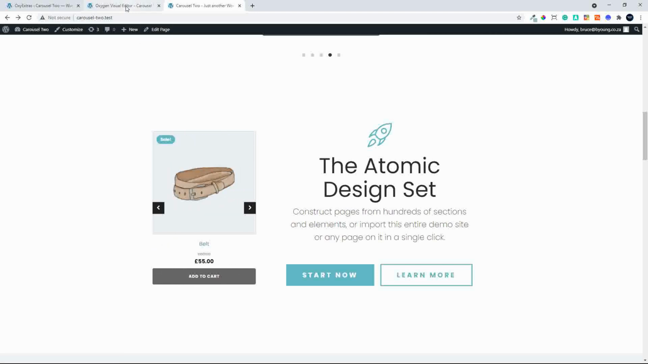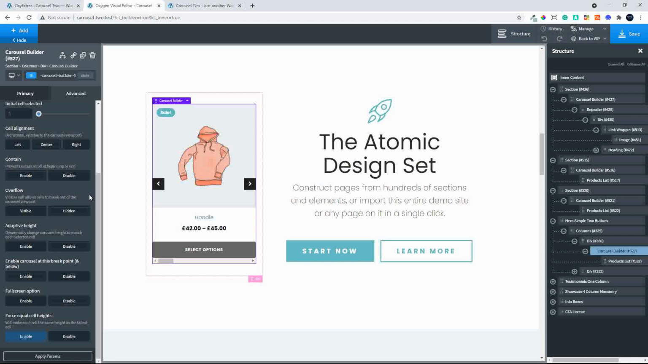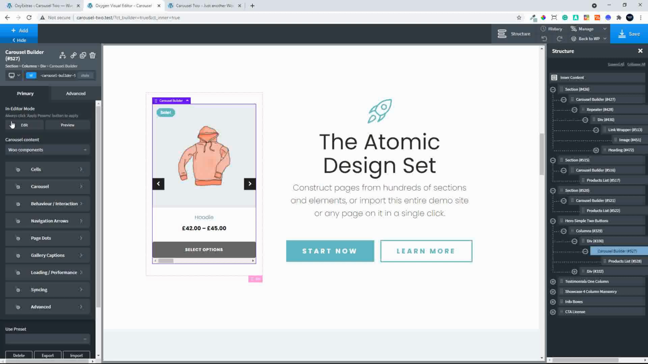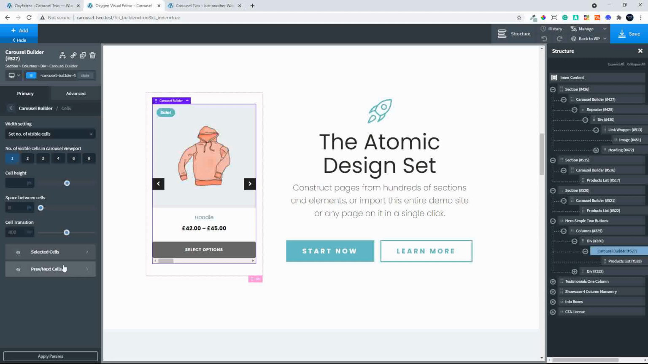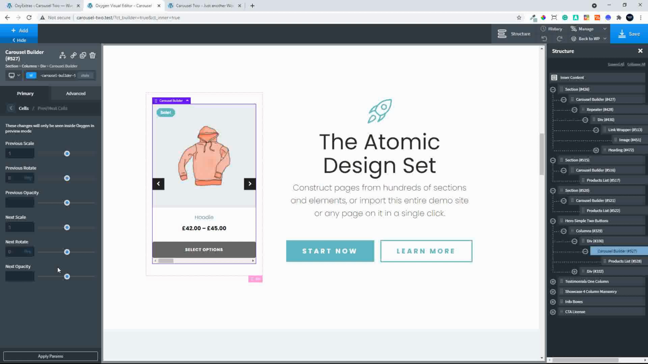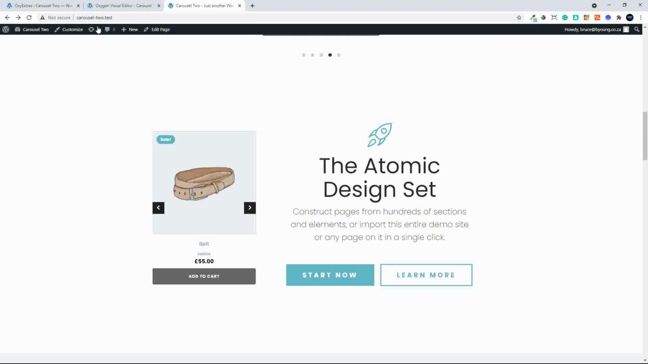If I want to add a fade out effect, quite easy. What I do then is I head over to the individual items. So I head over to the cells and I go to previous and next. And what I want to say is that the previous cell needs to maybe scale slightly, and the opacity should be quite low. And we'll save that. Head over to the front end, hit refresh, and now you'll see that as it scrolls,